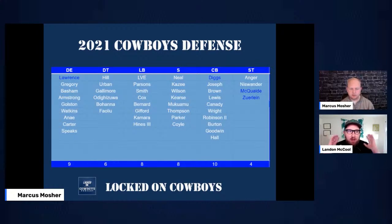3 jets, meaning 3 one-gappers who are getting upfield and trying to disrupt, trying to get into that gap and just get through and make it to the backfield and disrupt. And then 1 guy who is separating and is responsible for 2 gaps. Now, the thing that's interesting about this is that usually you have your 2-gapper inside or a 0 or 1